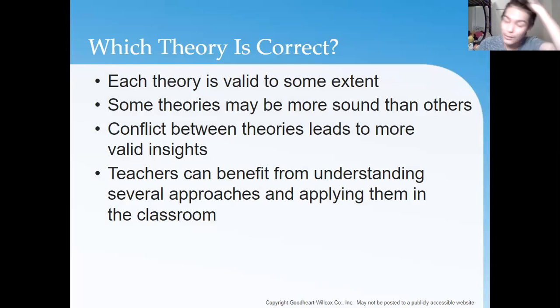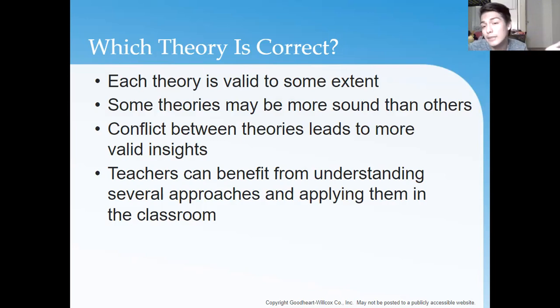So which theory is correct? All theories are kind of correct at some level or some extent, right? There's no wrong or right answer. And some theories may be more sound than others. So, you might think that Colbert was kind of crazy with his theory, but you might think that Piaget had a good reason. But at the end of the day, everyone has their own opinions, and this is how conflicts